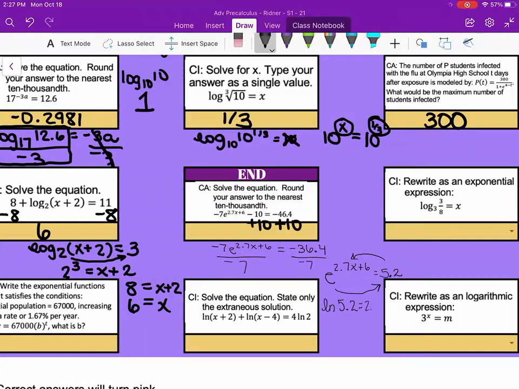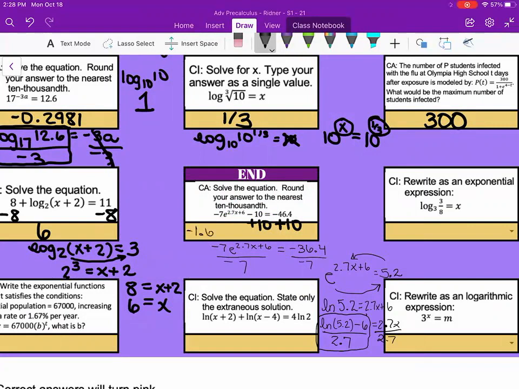equals 2.7x plus 6. So ln of 5.2 minus 6 equals 2.7x. I would divide on both sides here. And this right here is what I would type into Desmos for the final answer. So you can go ahead and try typing that into Desmos to make sure that you know what you're doing. And you should get